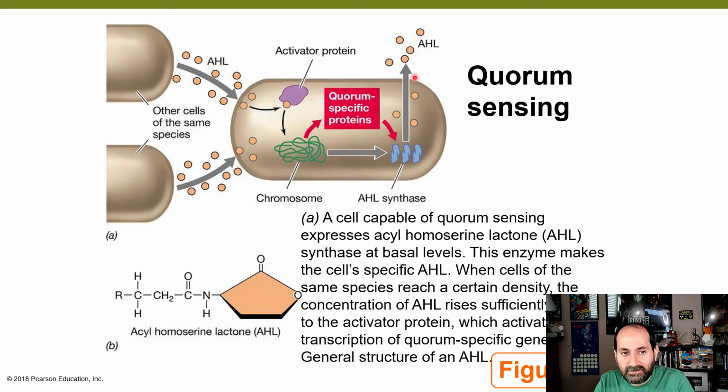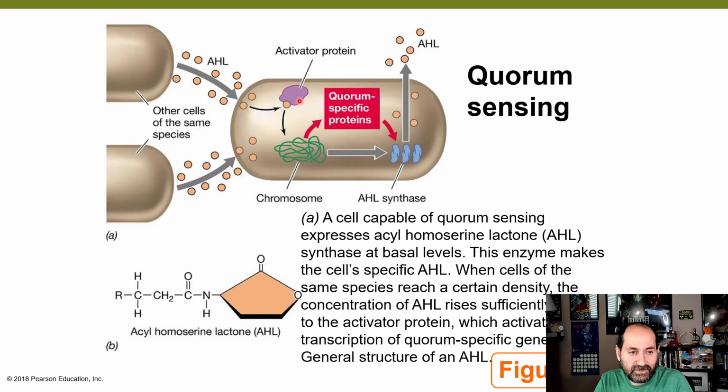But this AHL in the environment is not sufficient concentration to do anything. However, if there are other bacterium in the neighborhood of the same species, this bacterium is also producing the same AHL, right? Acyl, Homoserine, Lactone. Here's an example of what this organic molecule looks like. It's a small molecule. This bacterium is releasing AHL. They're all releasing AHL. At some point, you're going to have sufficient concentration of AHL, of this bacterial species-specific AHL,